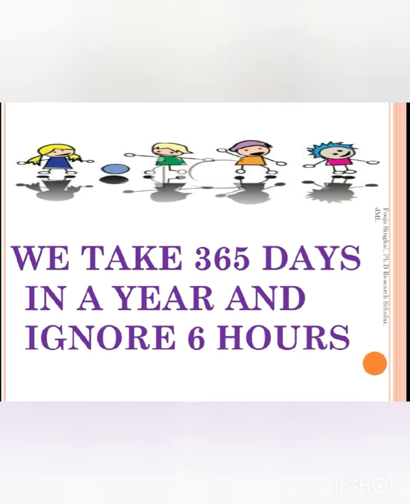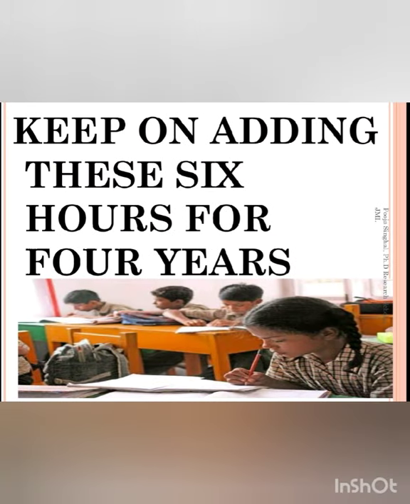So every 4th year we add an extra day to a year. Such a year which has 366 days is called a leap year. That's why in a leap year the month of February has 29 days. So you just have to think what it says, that the earth takes 365 and a quarter days, that means 365 days and 6 hours to complete one revolution.